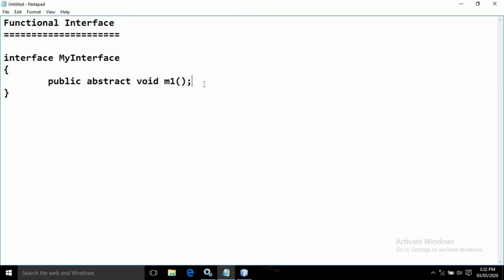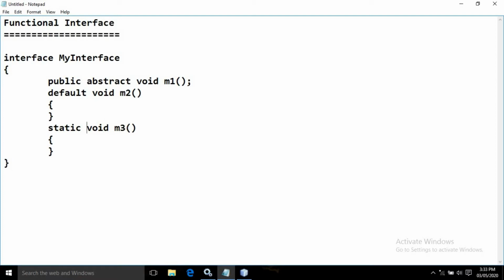Now this interface may contain any number of default methods. Here I can write default void m2, and here I can declare a static method, let me write public static void m3.